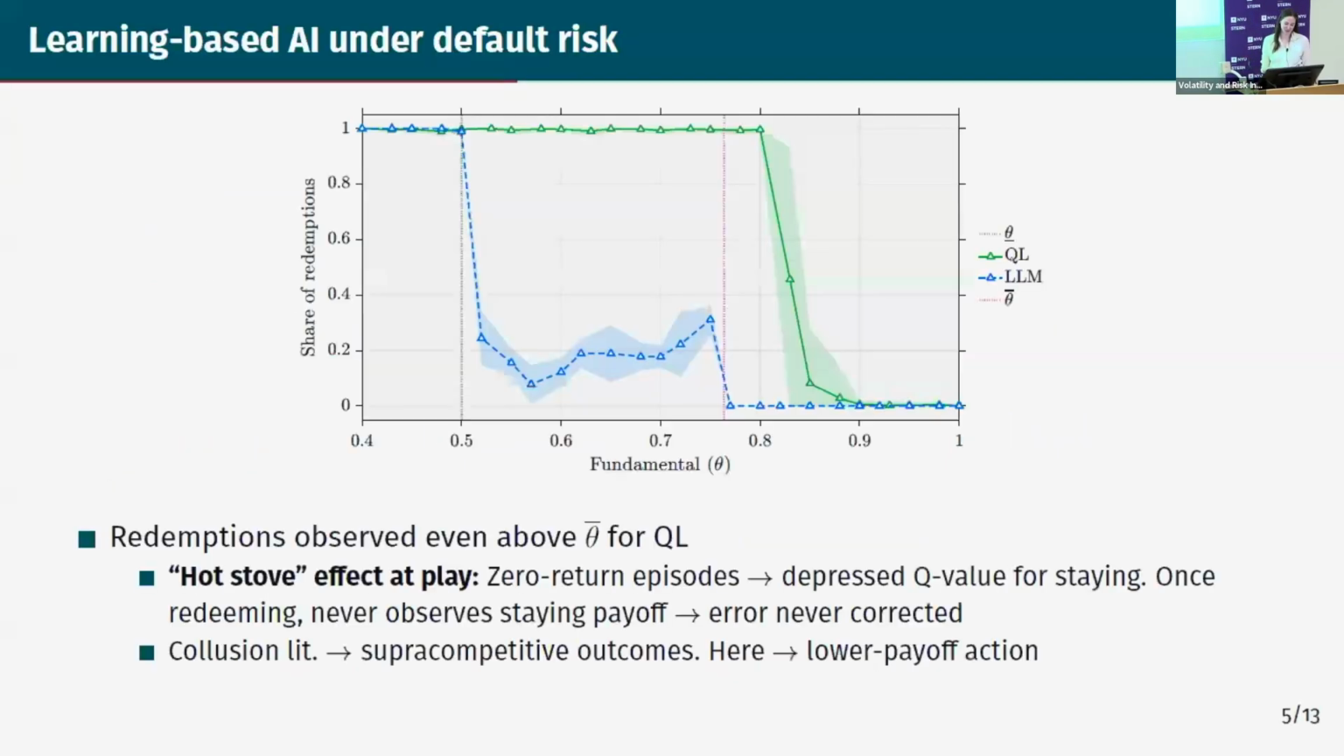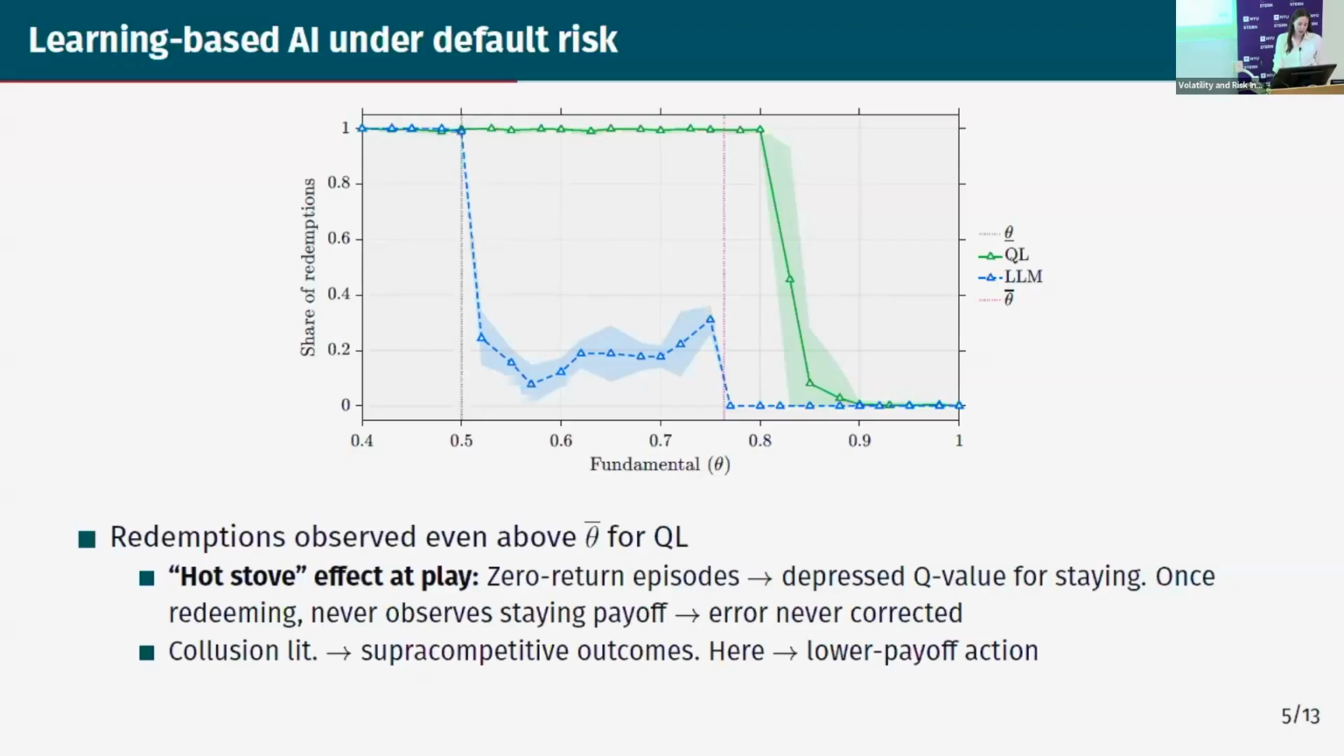Okay, let's look at how our agents did in this setup. First of all, let's look at our Q learners. On this graph here, you have the value of theta on the x-axis and the share of redemptions on the y-axis, and you have the performance of Q learners in green and LLMs in blue. What we notice for Q learners is that they over-redeem. So they keep redeeming even after it doesn't make economic sense. We solve for the level of theta where it doesn't make sense to redeem anymore, which is the dashed red line, right? And we see that Q learners